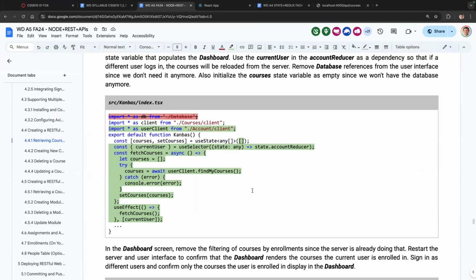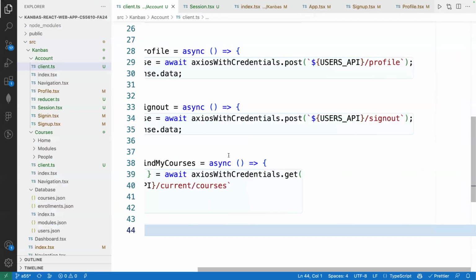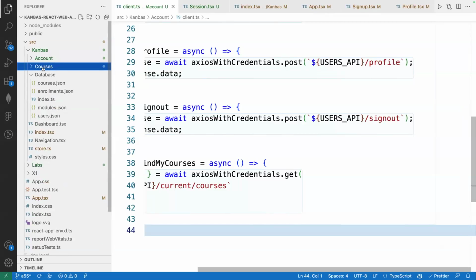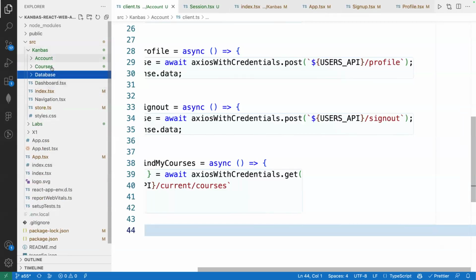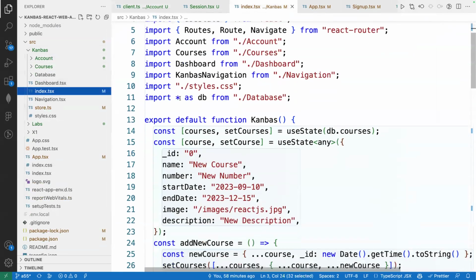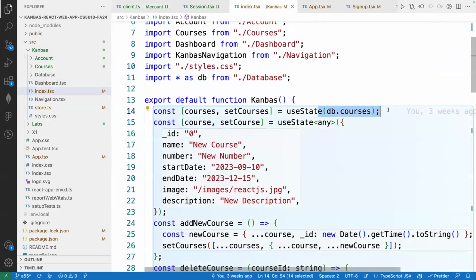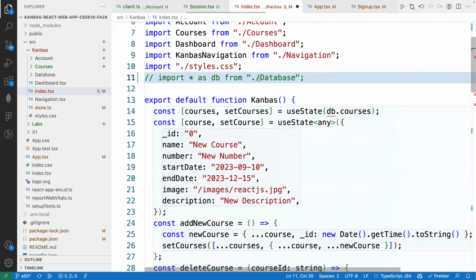And so where do we fetch the courses? Currently the courses are being fetched where? Right now, all of that is implemented in the state variables in Kanbas. So Kanbas is the one currently using the database to fetch the courses. But instead, these courses need to come from the server, not from the local database. We need to comment this out. We are no longer using the database in the React application. We're using the database from the server's point of view. So we're no longer going to be using this DB courses or anything like that. Everything comes from the